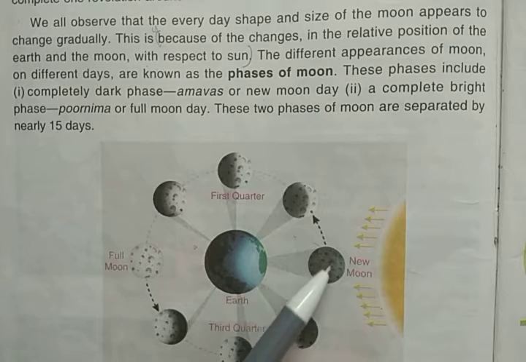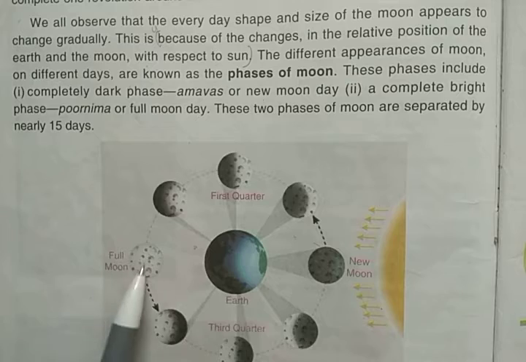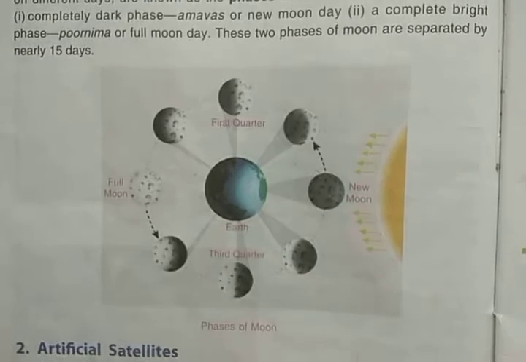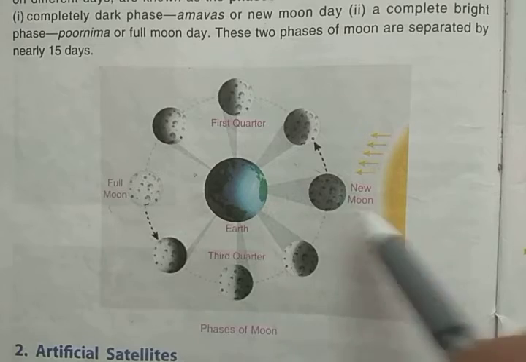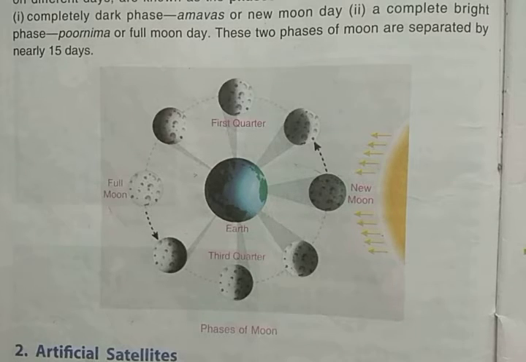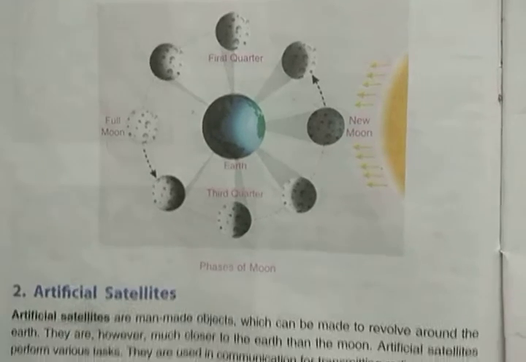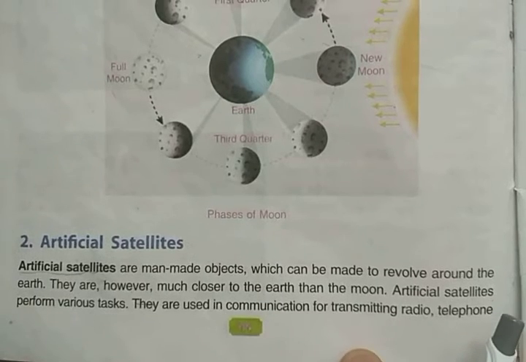ये दोनों हर nearly 15 days के बाद आते हैं. 15 डेज के बाद आपका नियरली फुल मून आता है, उसके आफ्टर 15 डेज आपका न्यू मून भी आता है। नेक्स्ट इज योर आर्टिफिशियल सैटेलाइट्स।